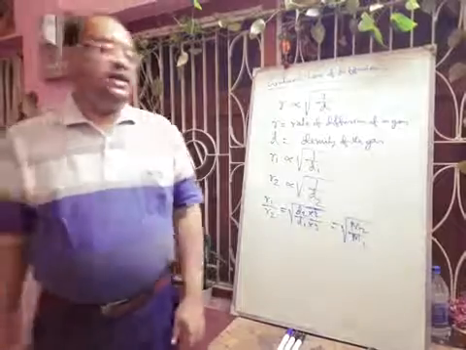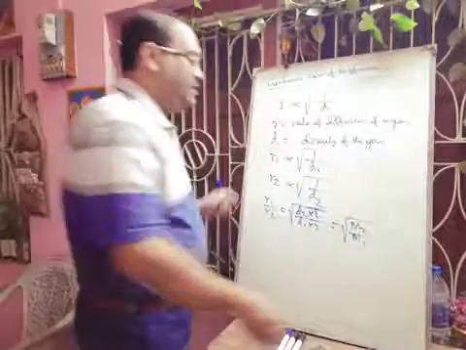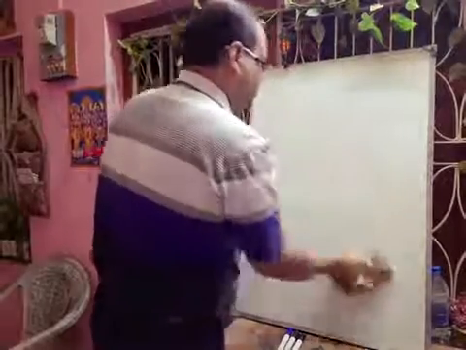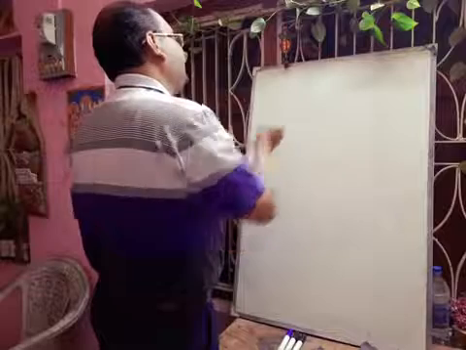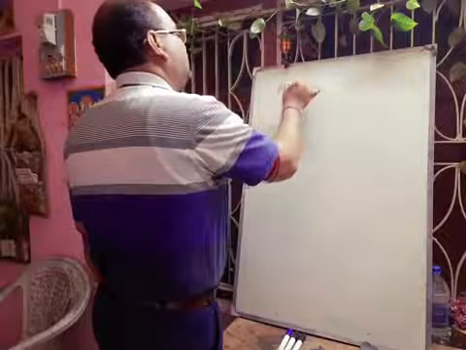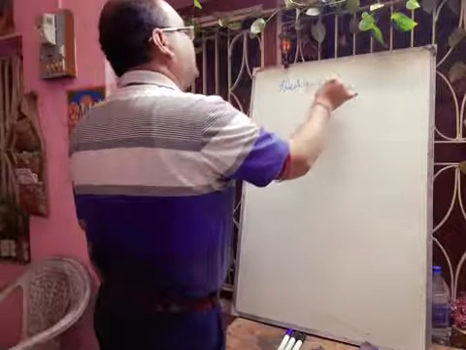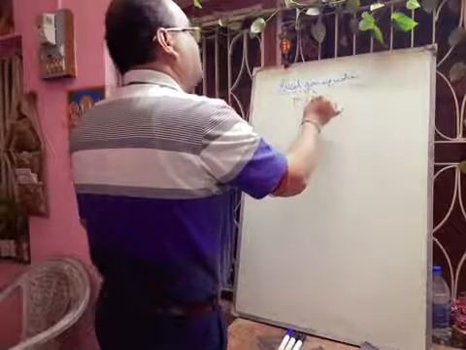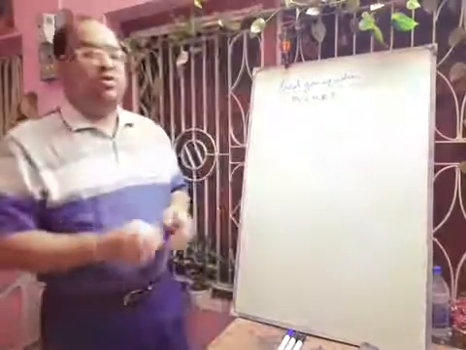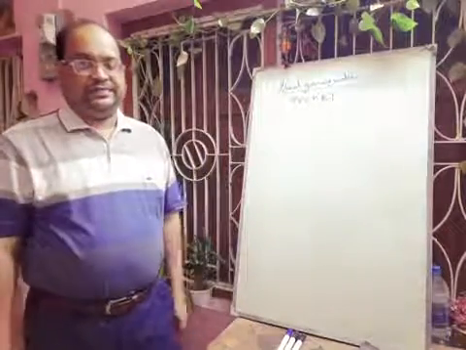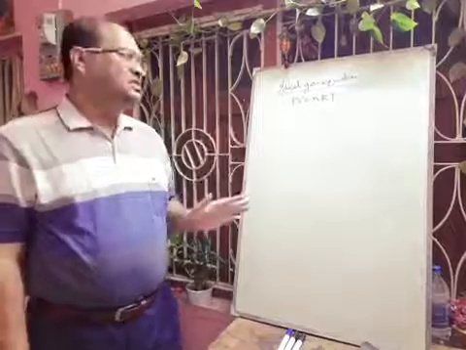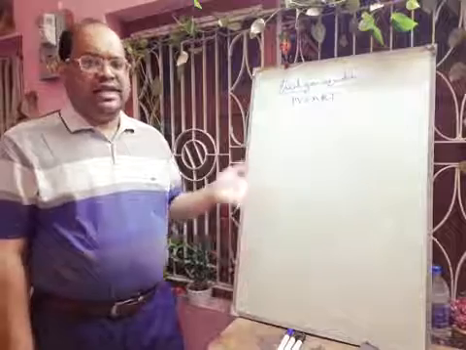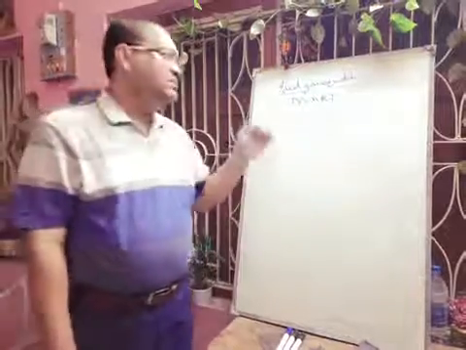Okay, next we will go to the ideal gas again. We know that we have already discussed the ideal gas equation. This is the ideal gas equation. Those gases which obey this equation are called ideal gases. But real gases will not obey this one. Most gases will not obey this equation. So real gases will show some deviations from ideal behavior.